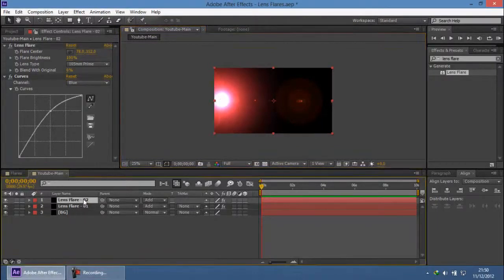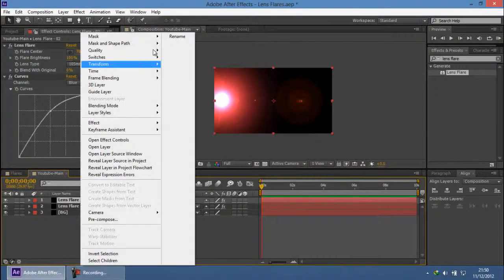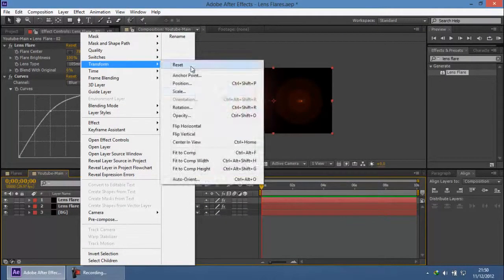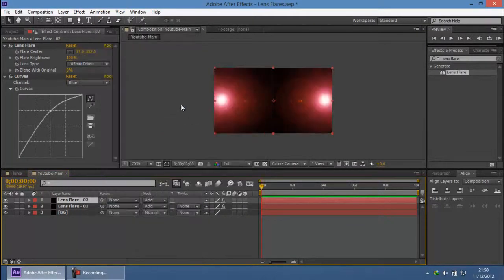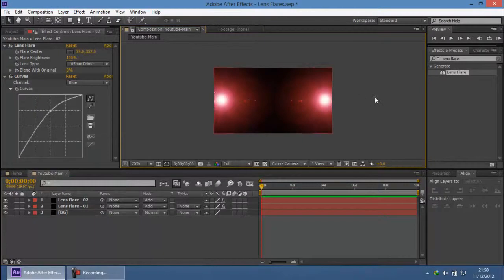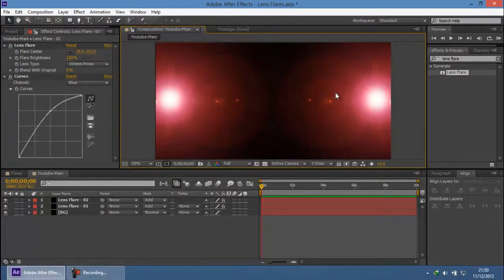Go to your second layer, your duplicated layer, right click, go to Transform and choose Flip Horizontal. That way you perfectly flip it on the other side, so that you have perfect distance between these two. And just to add a little more effect, actually,